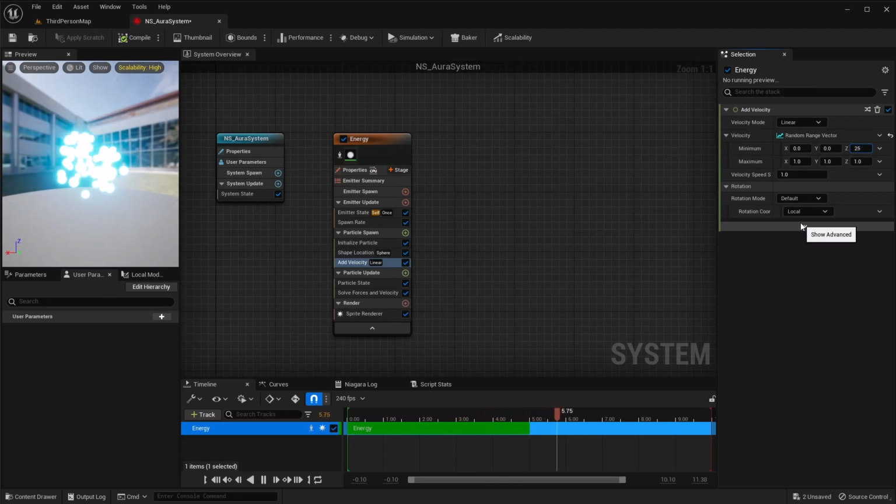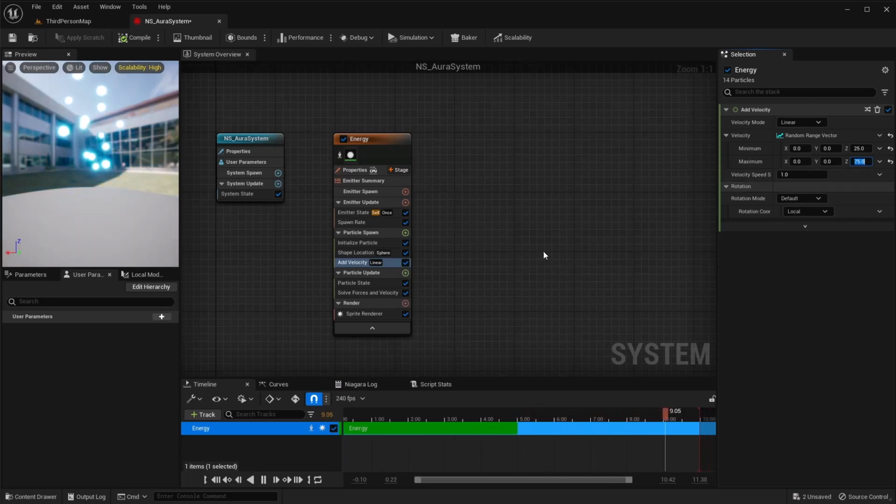So I want to do a minimum of 25 in the Z direction. For the max, I want this to go up to maybe 75 in the Z direction. So now you see some particles are going faster than others, just kind of the look that we want. That's going to be it for the velocity.